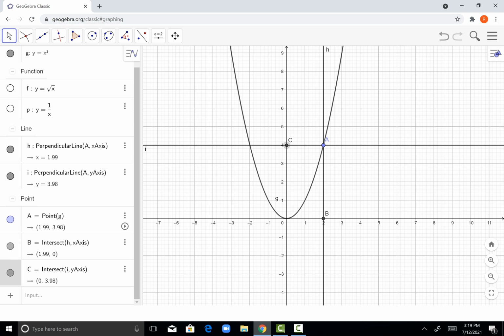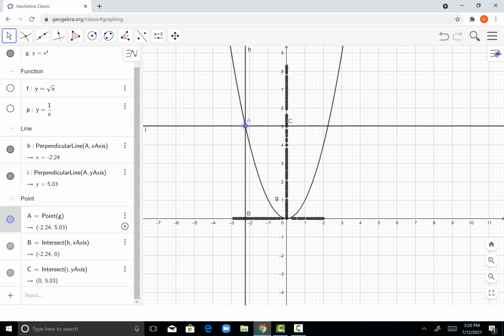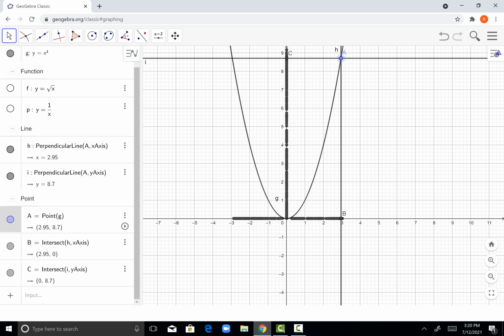Okay, so now the A represents the point on the parabola. B is input, or x's. That's our domain. So our domain is down here. Our range is over here. That's our y's. So as I slide this along, you can see that it traces along that whole axis there, right? But on the other hand,